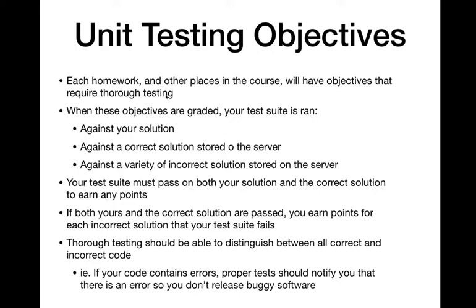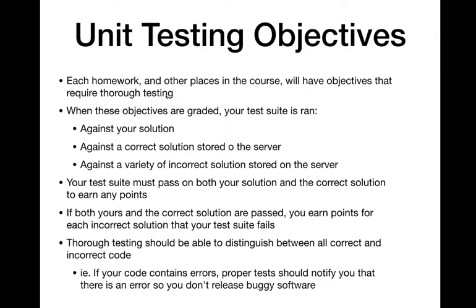Anyway, we're going to follow this grading structure. I don't know what to call it, but when you submit an objective that contains unit tests, so the first three objectives in the homework, excluding the primary and the bonus, you're going to have to submit your code and your test suite that tests that method, that code that you wrote. Now on the grader, I'm not going to test your code. I don't have tests written sitting on the grader that are going to check if your code is correct. That's up to you. In this class, that's up to you on those testing objectives to be able to test